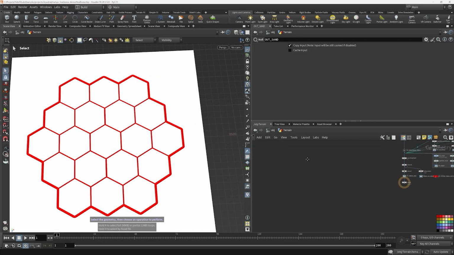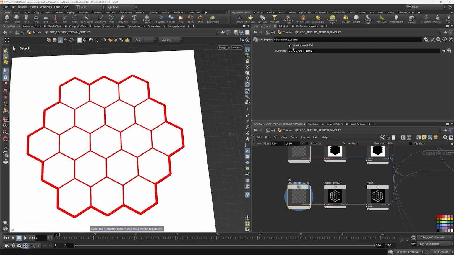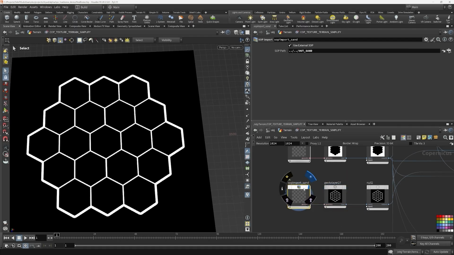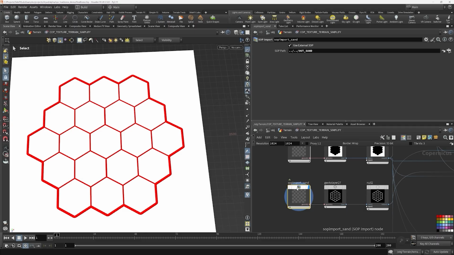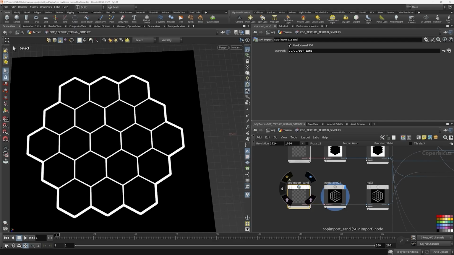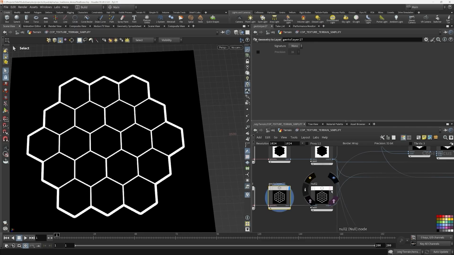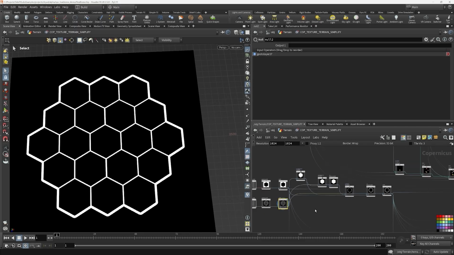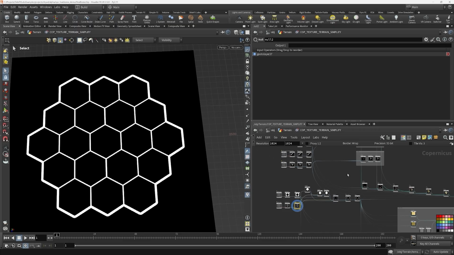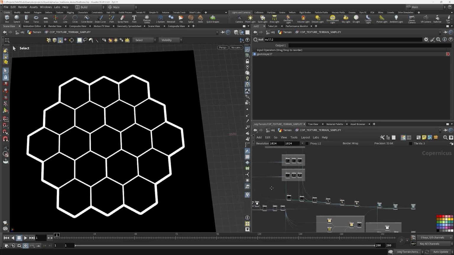Inside our CopNet, we're going to pull that sand in, and right here, SOP import, out sand, geometry to layer. The reason that we removed our height is because it'll just pull in whatever layer we have. So if we just have mask, it's going to pull in that mask layer, easy peasy. So we bring in our SOP import, geometry to layer,